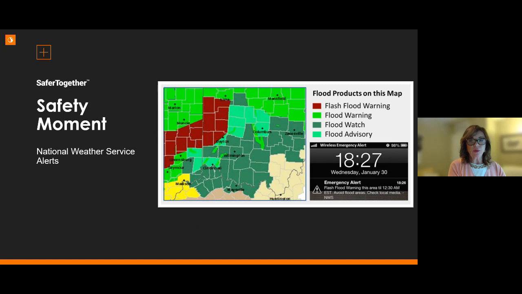We like to start everything with a safety moment, and thought it would be very appropriate to have a safety moment about flood prediction and/or flood warnings. Sometimes it's hard to know the difference between a warning, a watch, and an advisory. Warnings mean floods are imminent, and you need to be prepared and get out of the area if you're in a flood warning area. A flood watch means they're expecting something to come, and an advisory is just saying that it could come, but that you need to be prepared. So the message here is to be prepared and be always watchful for those incoming storms.